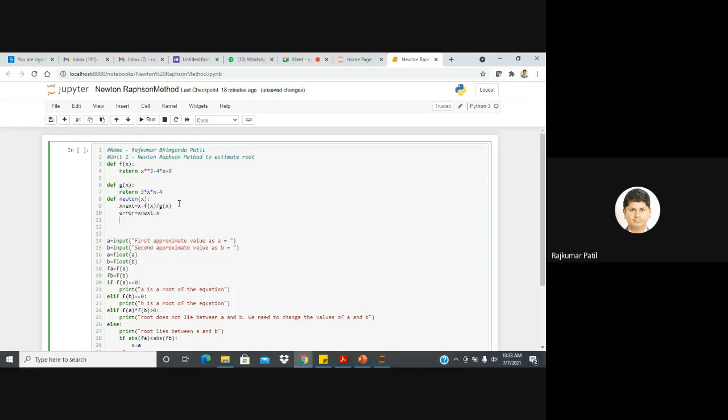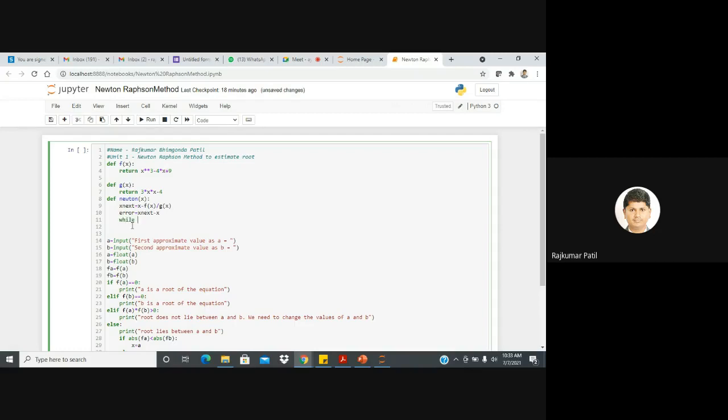So here we get the error because we decided to define the answer or get the root of the equation based on the error between the two successive approximations. Now with the use of this error value, we go to the while loop.